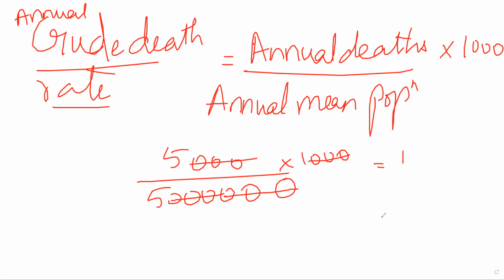I can find out whether my medications are working or not, whether my policies are working or not. Especially if, let's suppose, you are looking at something like tuberculosis, number of deaths happening through tuberculosis. I can see whether or not people are getting DOTS therapy properly or not, so on and so forth. आप multiple चीज़ें check कर सकते हैं through these death rates. ठीक है, I hope you guys are understanding this.